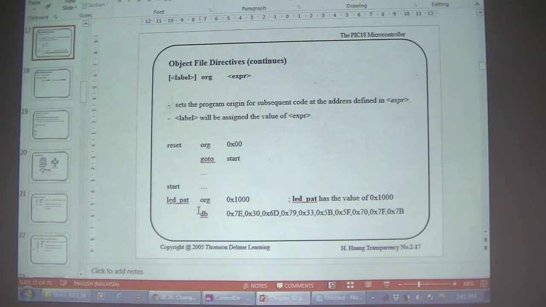So, the last thing we learn is actually the origin. So with that, the assembler directives is actually concluded. Those are the different assembler directives that you'll be using. Of course, if you notice in the slide, there are a few others, but we won't be using them, so that's why we didn't cover.